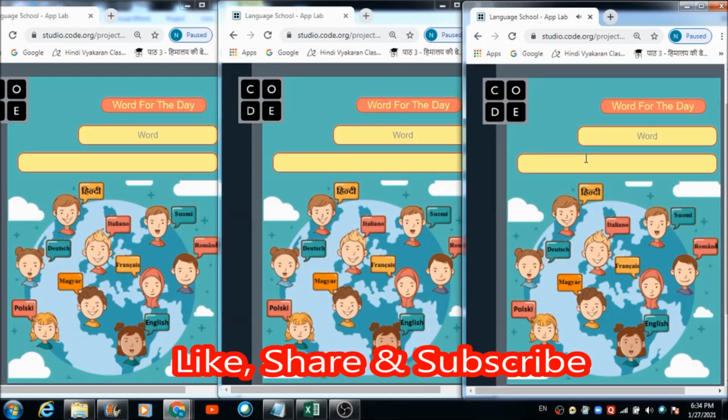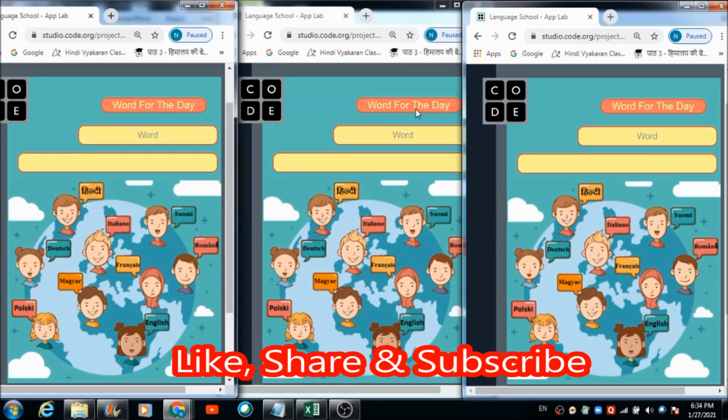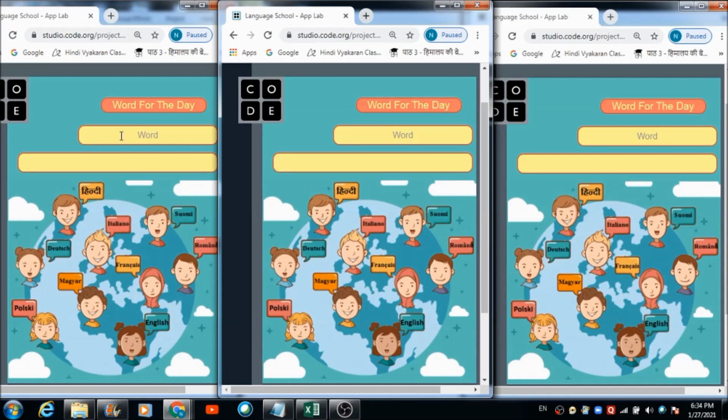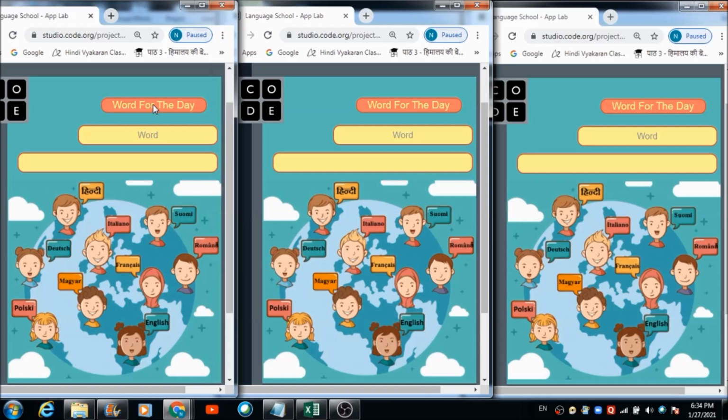Let us assume that there are 3 different students who are accessing this app on 3 different devices for fetching the words that the user, or you can say the admin, has published. Will they be able to get the required output or not? Let's check it out. For that, the students have to hit this label box. So this first student is able to see the picture also, and he is able to fetch this sentence also, which has been published by the admin.